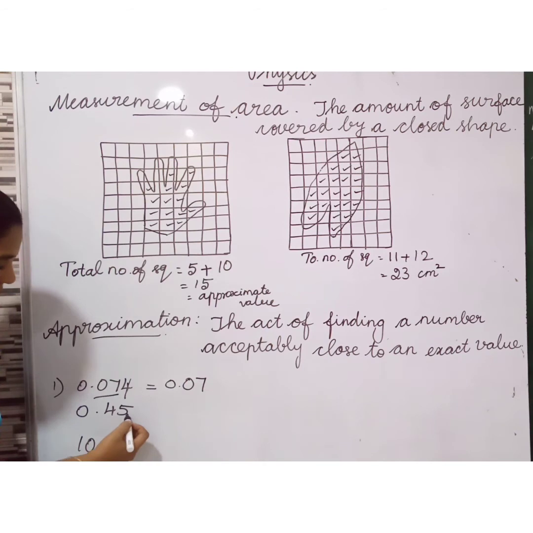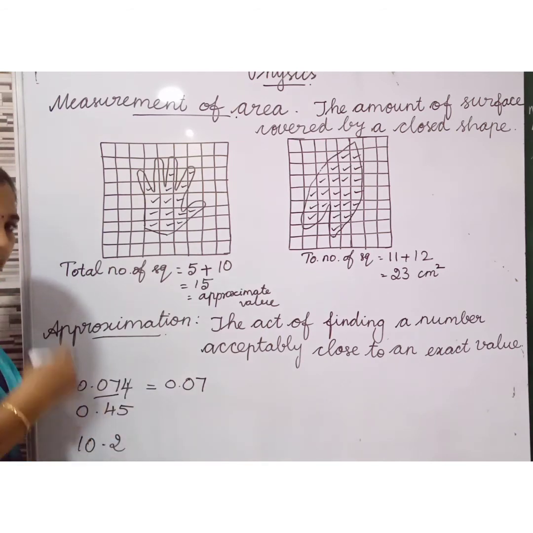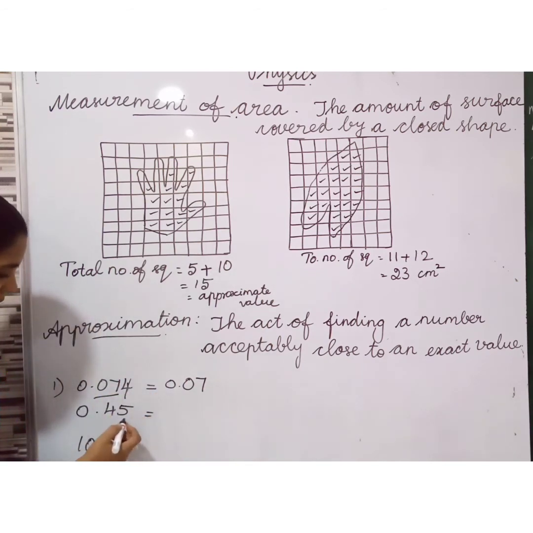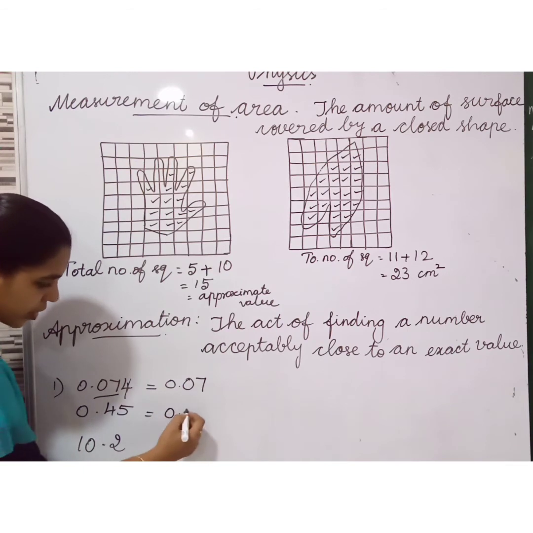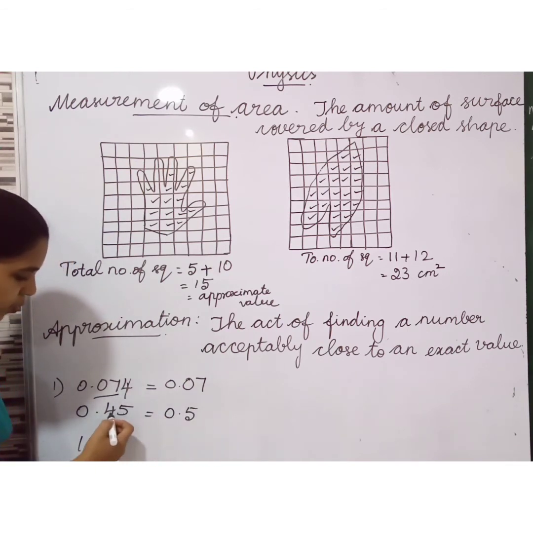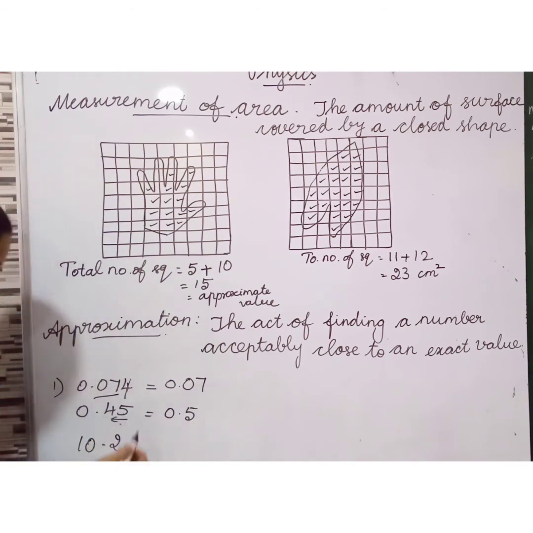If the first digit is equal to 5 or greater than 5, how do we write it? We have to add one to the digit before it. So the answer is 0.5. We have to add one number here. Okay. Next one is